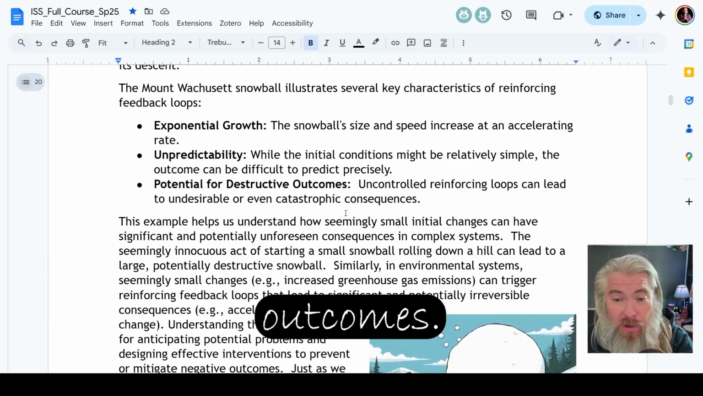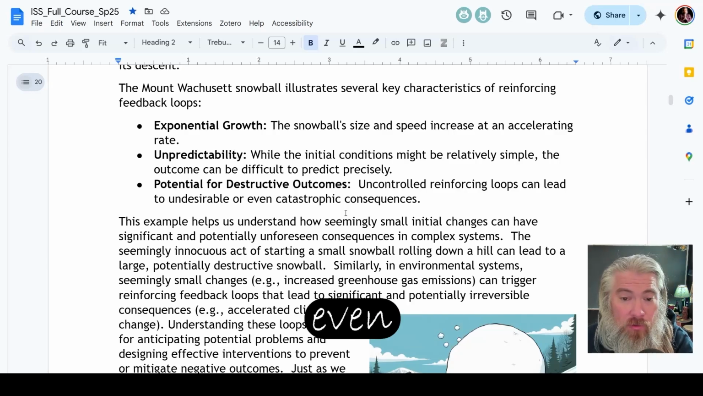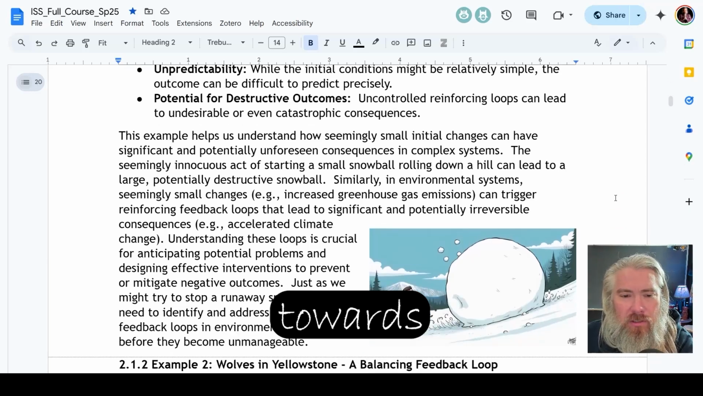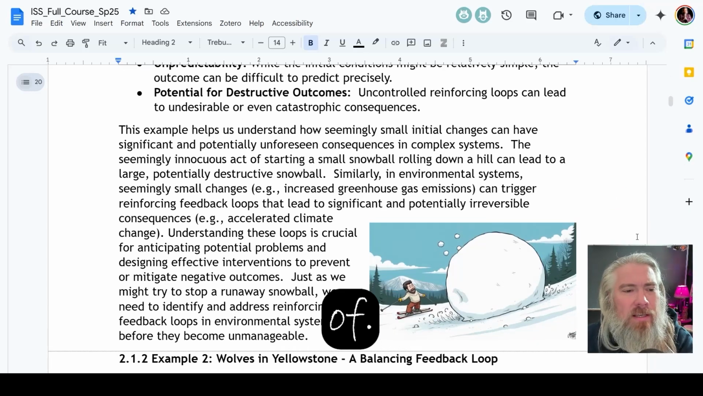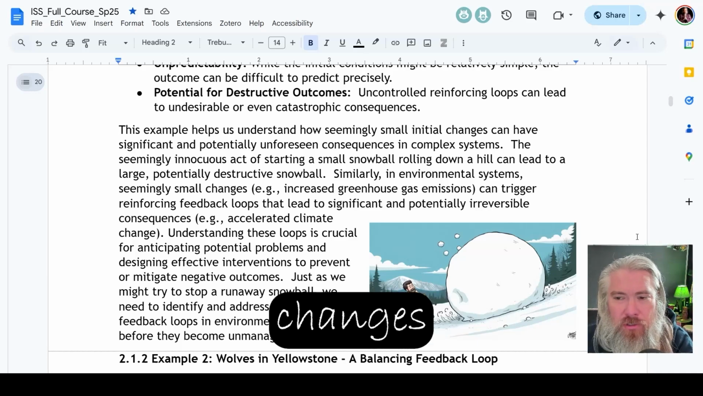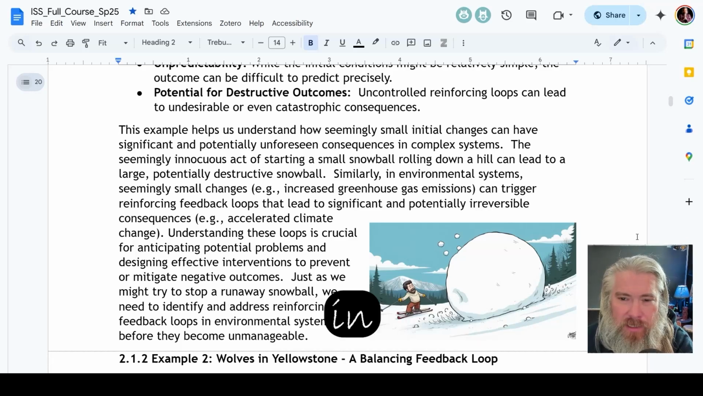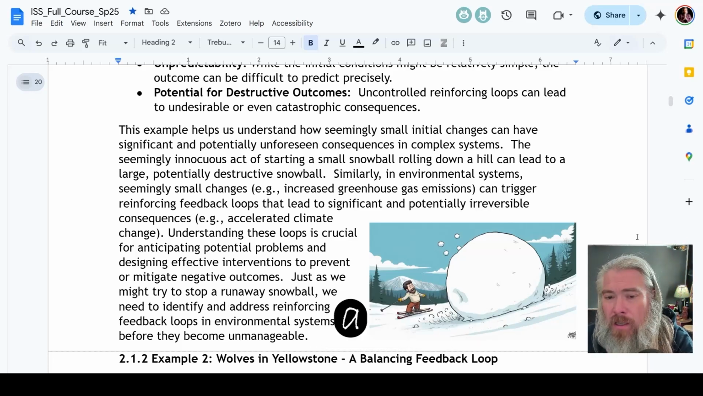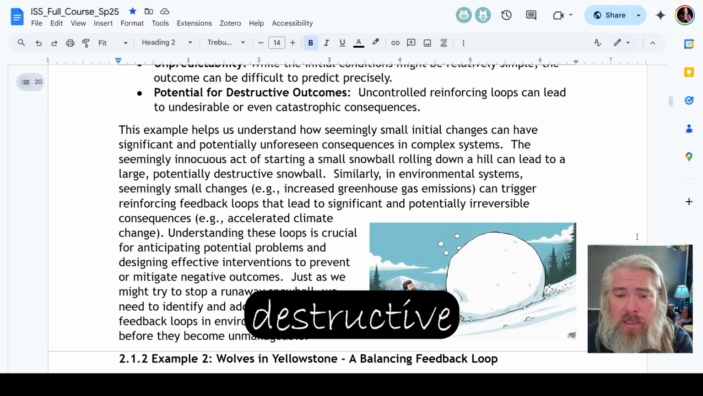Potential for destructive outcomes. Uncontrolled reinforcing loops can lead to undesirable or even catastrophic consequences, especially if that snowball is heading towards you, as it is here, heading towards me, sort of. This example helps us to understand how seemingly small initial changes can have significant and potentially unforeseen consequences in complex systems. The seemingly innocuous act of starting a small snowball rolling down a hill can lead to a large, potentially destructive